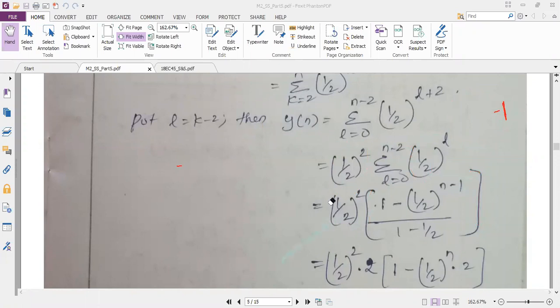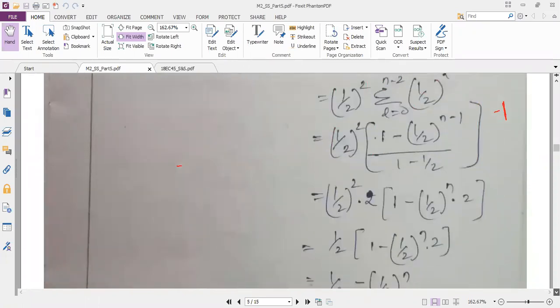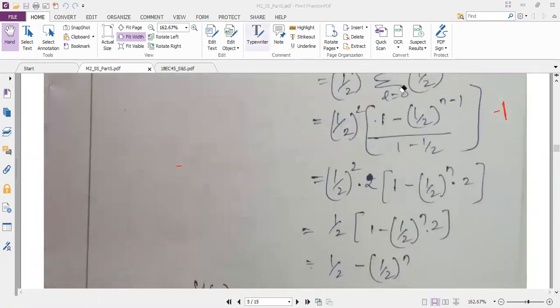So in the denominator you have 1 minus half. 1 minus half is half. So that half will go to the numerator as 2. So 1 by 2 the whole square into one single 2. 1 2 will get cancelled. And here in the numerator, I can split this as 1 minus 1 by 2 power n into 1 by 2 power minus 1. So the power I can split it like this. 1 by 2 power n as one term and 1 by 2 power minus 1. So that 1 by 2 power minus 1, you know how to write it. It is just 2.